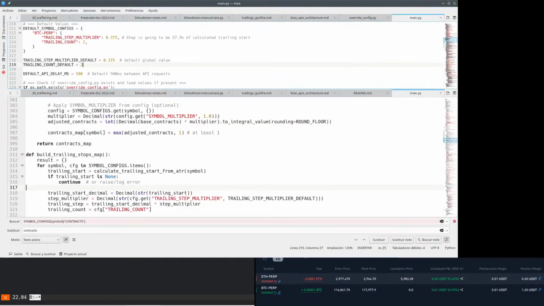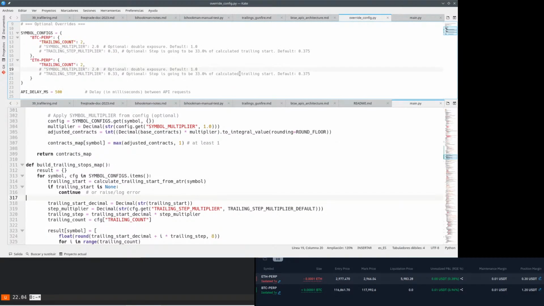Let's see how we do this. So trailing count. Optional 3 trailing orders, default 2, and yeah, we do the same thing on BTSE here. I think I will remove one of those so that, you know. Okay, so the next thing that we want to do